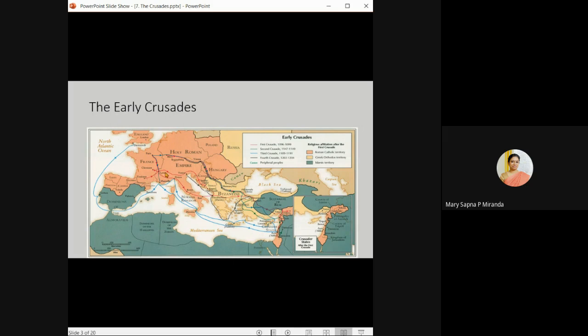Most of them traveled over land, through Europe to the Byzantine Empire and onto the Holy Land, right? When you're talking about the second crusade, you had mainly people from this region traveling towards the Holy Land. The third crusade is the one wherein you had the English army, the English navy taking the sea route. That is, they took the Mediterranean. So we're going to look at all these things in detail in the coming slides.